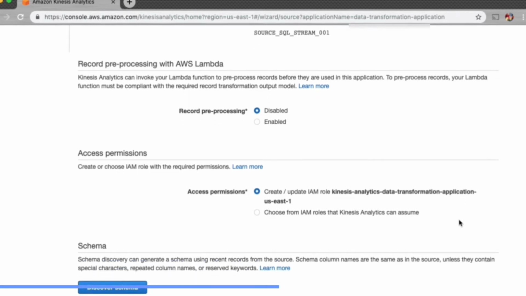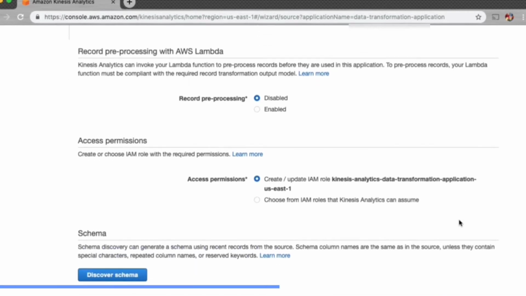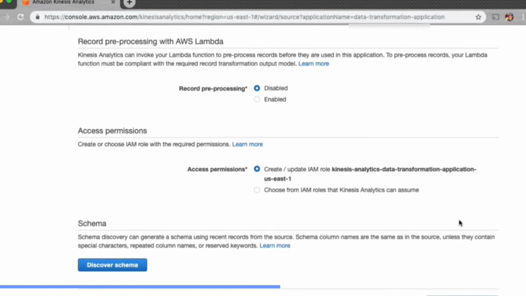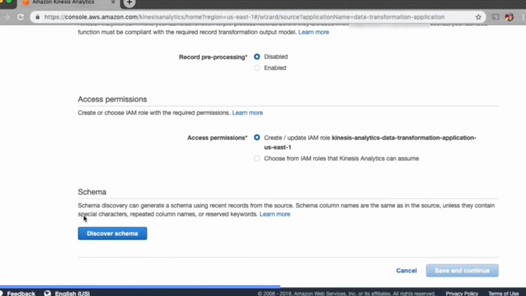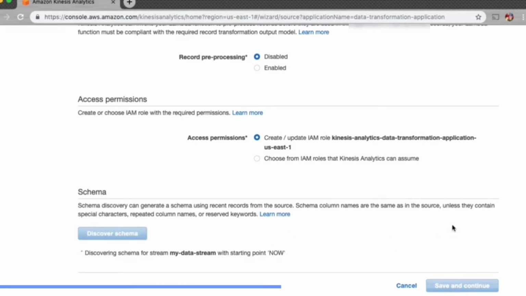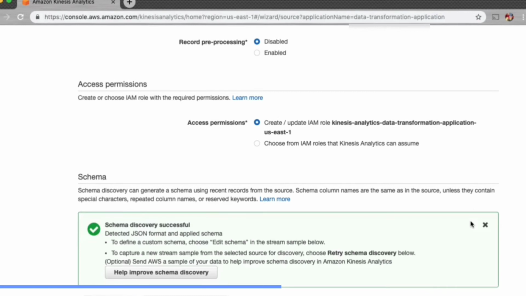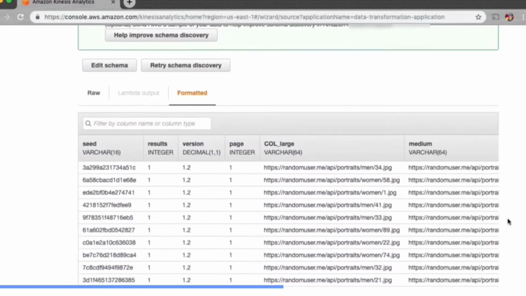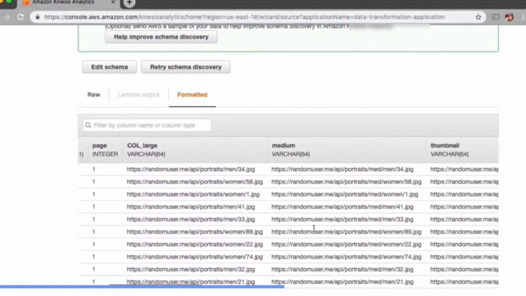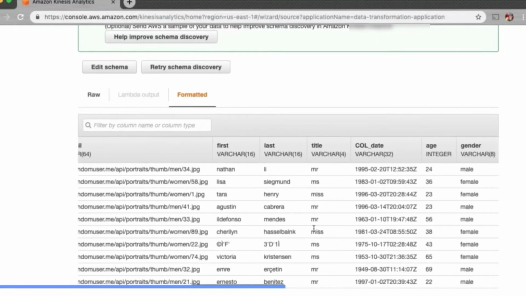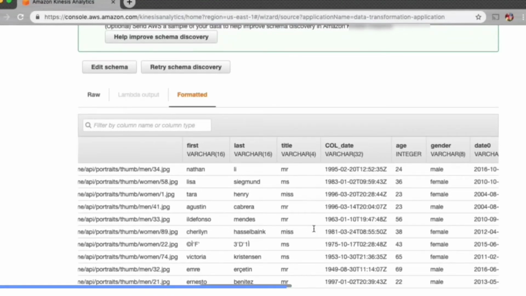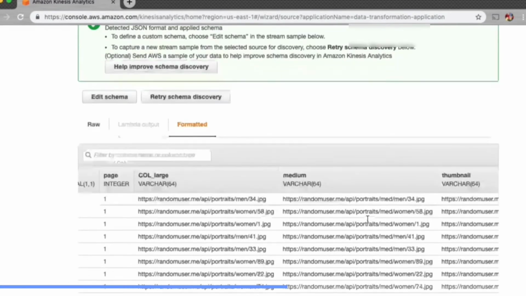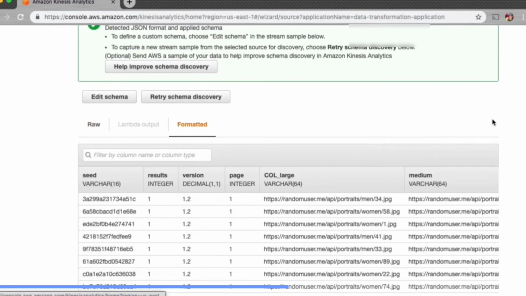Now, the next part of Kinesis Analytics is really cool because you can actually start seeing your data. So if we click on Discover Schema, what it does is it tries to create a schema from the streaming data. So we'll go ahead and click on Discover Schema. What this does is make it visible so we can actually start seeing our streaming data. So if we scroll over, we can see the information that we need to start collecting, like first name, last name, etc. We can also see the row format, how the Kinesis stream is ingesting the data. Now, if everything looks good, we will go ahead and scroll down and click Save and Continue.